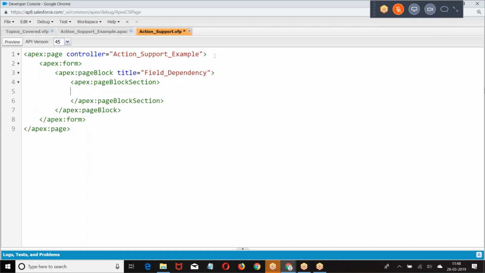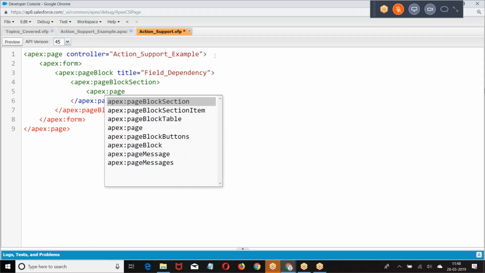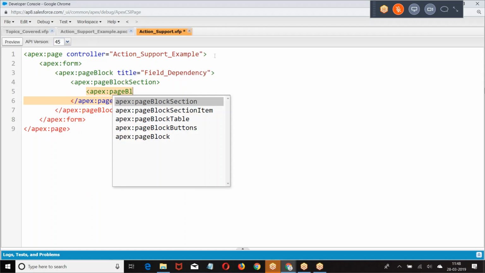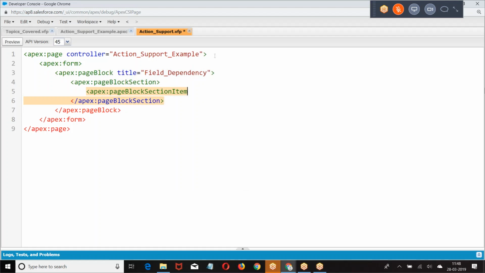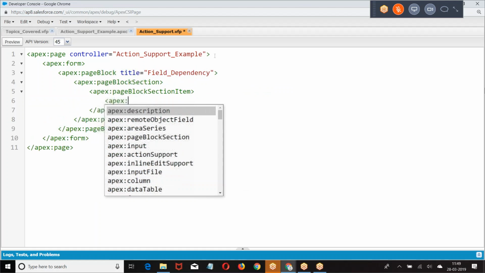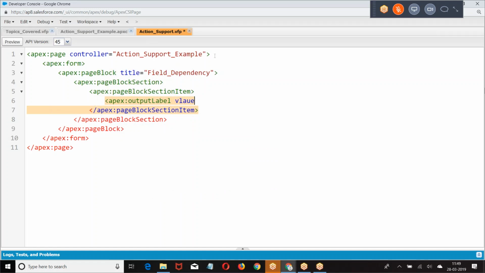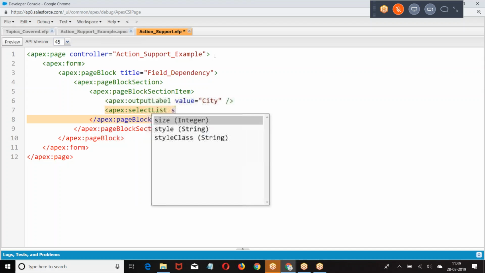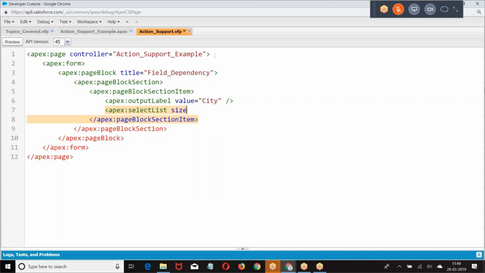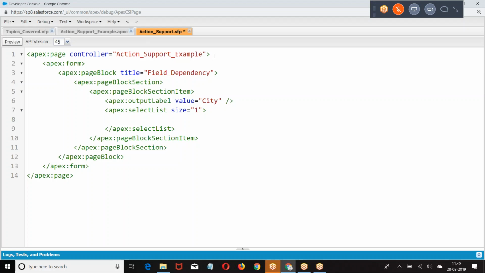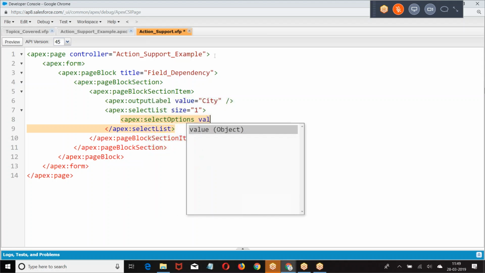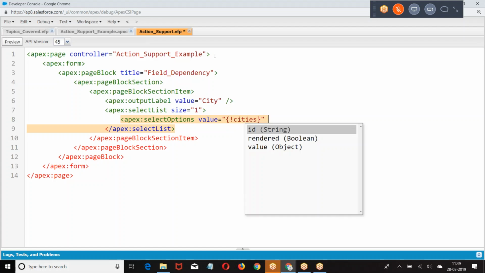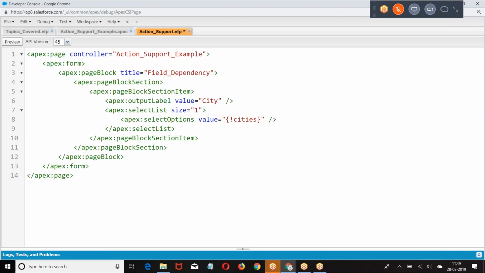Log section. Log section item. Select list is equal to 1. Then I gave